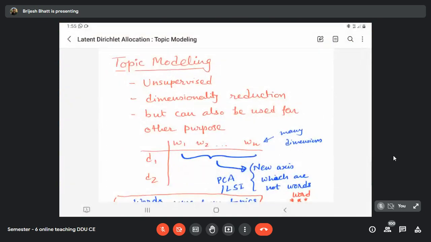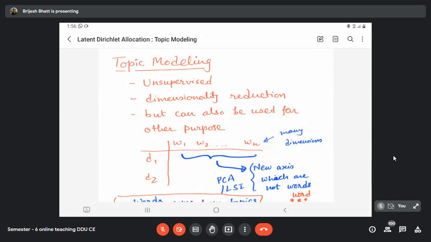So the topic that we are going to discuss today is called topic modeling, a very interesting and intriguing dimensionality reduction technique. As we have seen two dimensionality reduction techniques so far, PCA and LSI, principal component analysis and latent semantic indexing, which we covered just before the second sessional. The last dimensionality reduction technique that we are going to talk about this time is called latent Dirichlet allocation, or a simpler name, topic modeling.